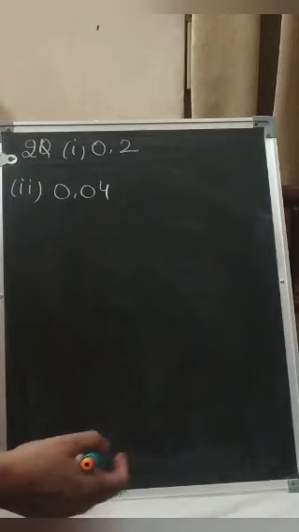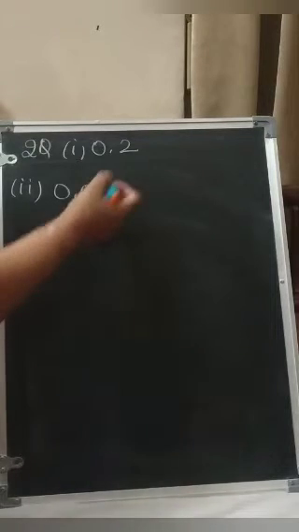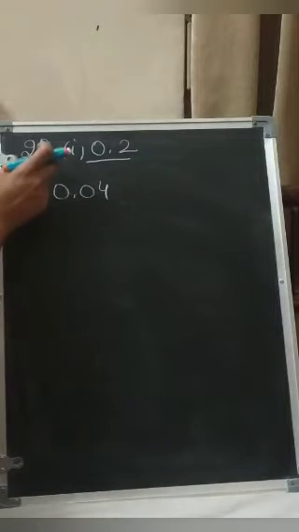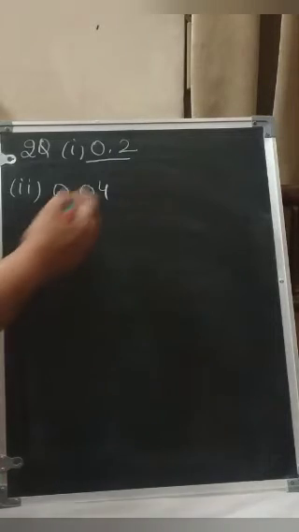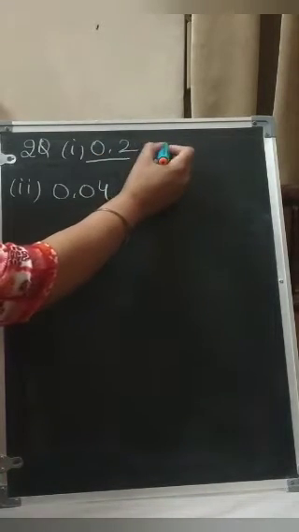So till now you understand how to change a fraction into a decimal. Fractions are given and we are changing into decimals. Now further we will learn decimals are given and we are changing into fractions. So your second question is like this only: to change into a simple common fraction. It is the opposite relation. Take 0.2. How to change it into a fraction?